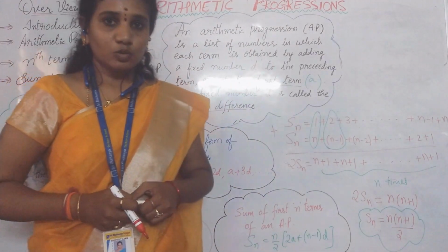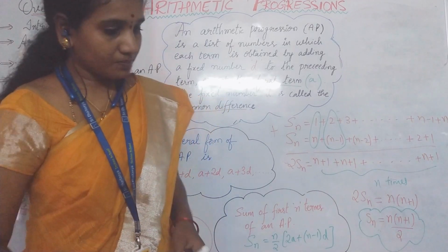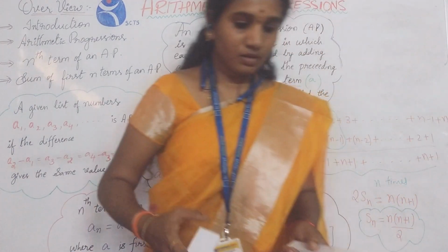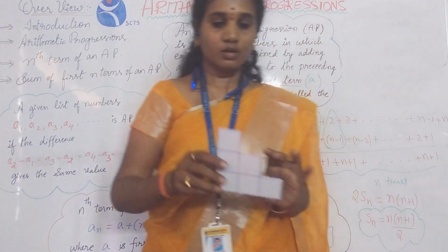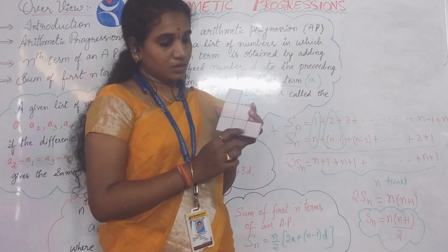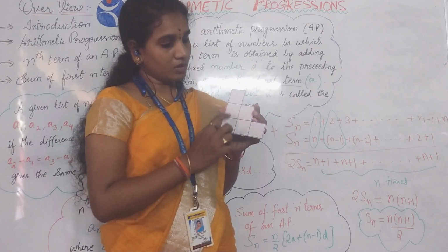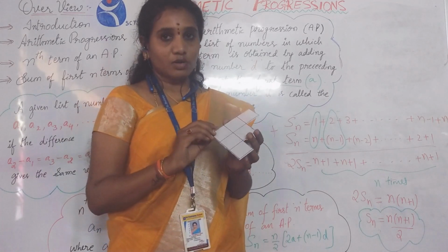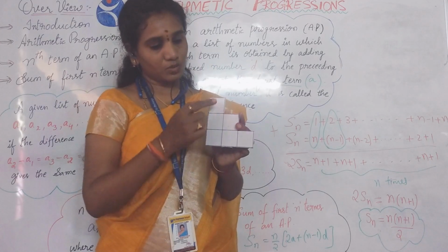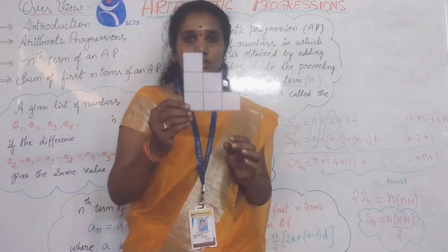So now let us do an activity to find the sum of a few natural numbers. I am first calculating the sum of 3 natural numbers. So if you observe this, here each unit is representing a number. So each square unit is representing a number. So 1, 2, 3, 4, 5, 6. So first of all, I would like to calculate the sum of first 3 natural numbers: 1, 2, 3. To calculate the sum of first 3 natural numbers, I have taken this part.